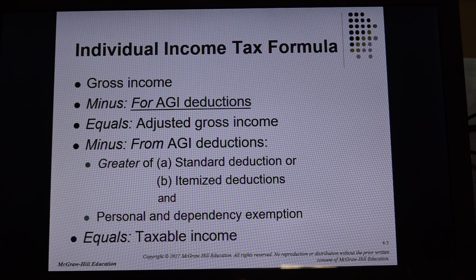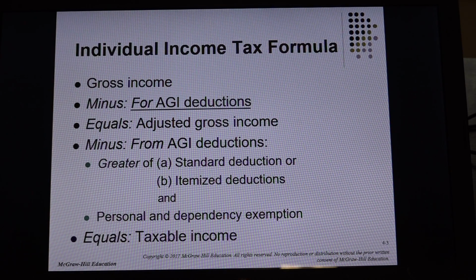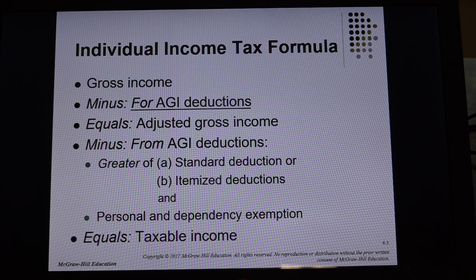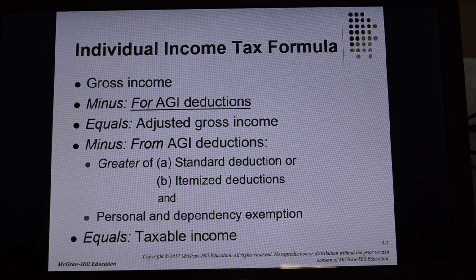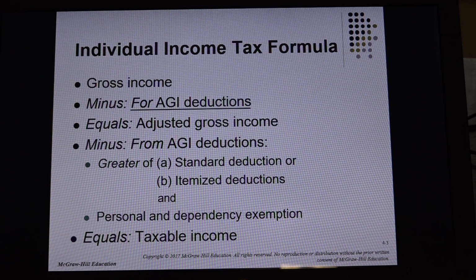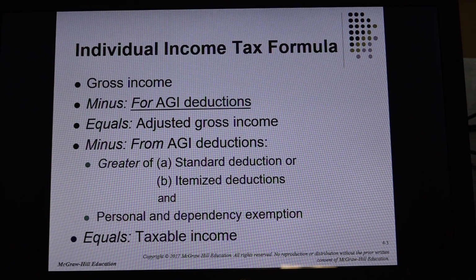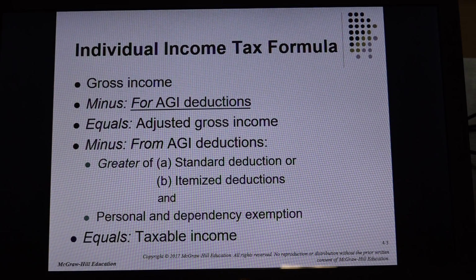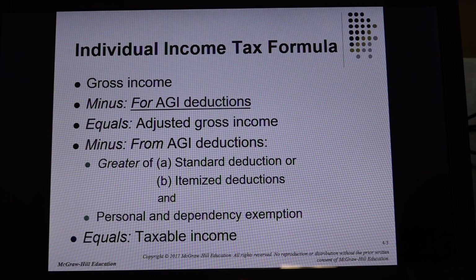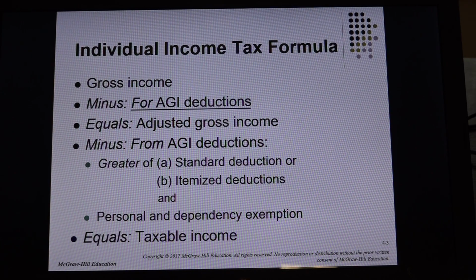So it starts out with the individual income tax formula. This relates to individual taxpayers, not companies, not partnerships, not corporations, but it does relate to sole proprietorships, okay? Because when you are a sole proprietorship, you add what they call a Schedule C, which shows your business income and expenses. And then that bottom line number, the net income from business, gets transferred over to the